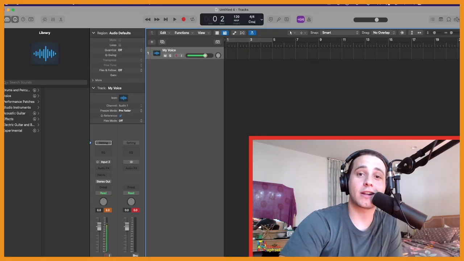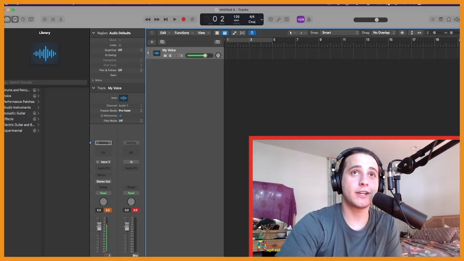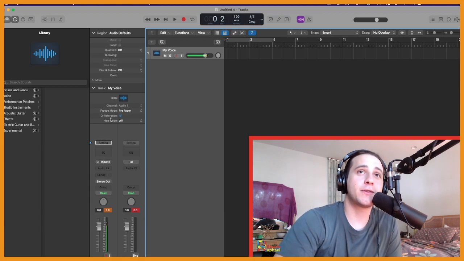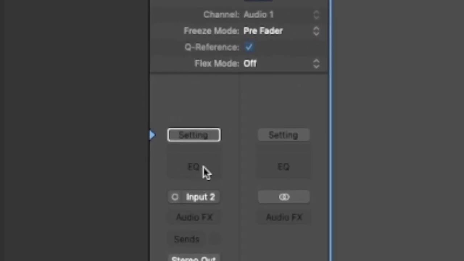Today we're going to be running over EQ in about 3 minutes or less. Let's make it happen. First things first, of course, we're working in Logic here. That's my DAW of choice. You have yours. We're going to go over to the channel strip here, and as you can see, it says